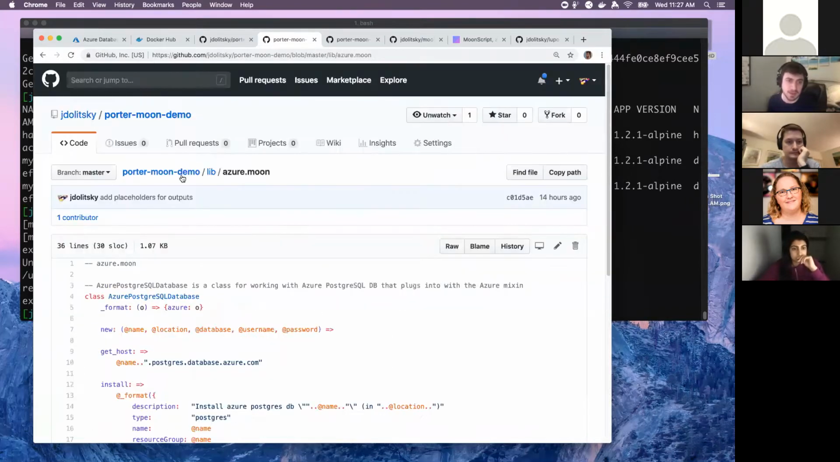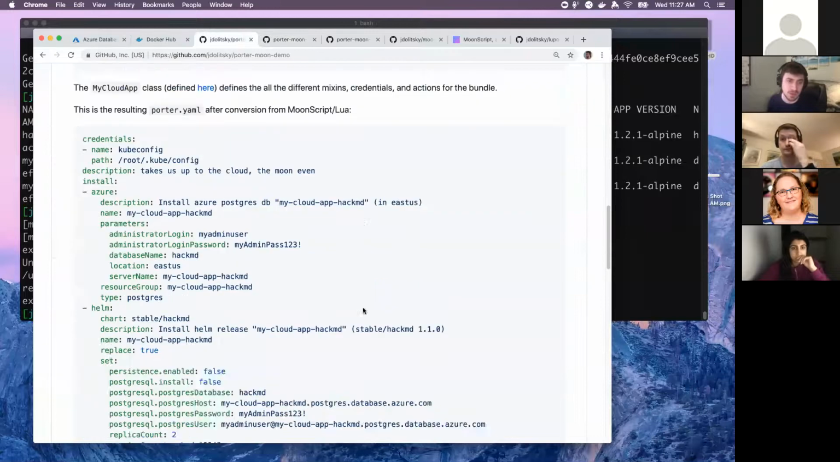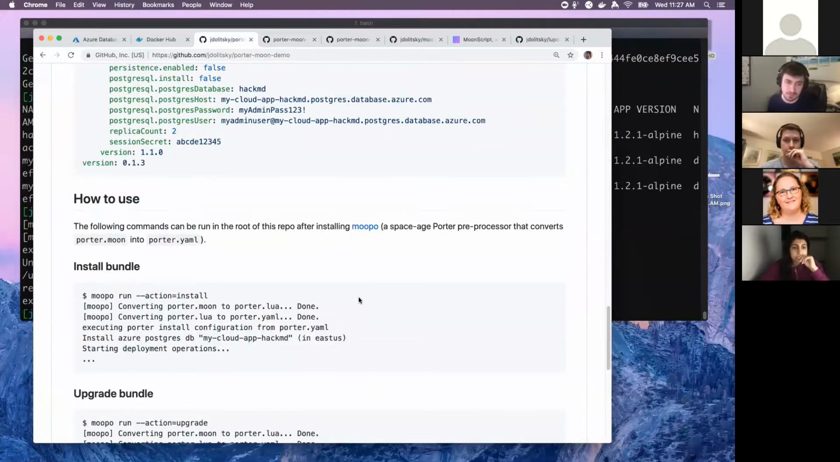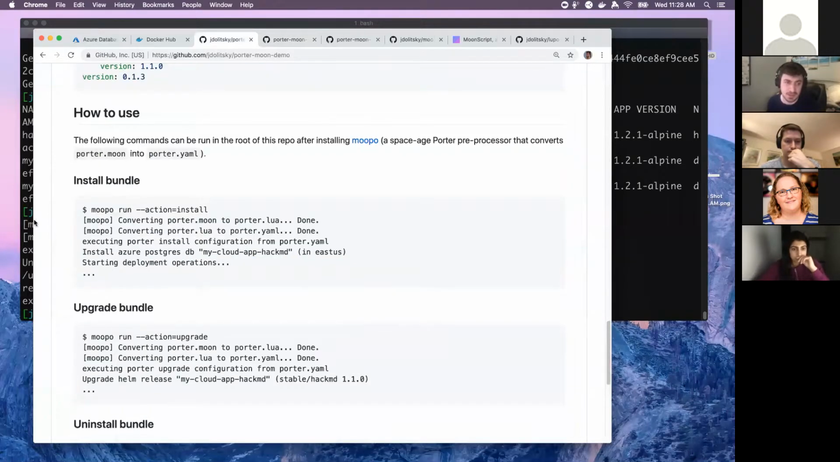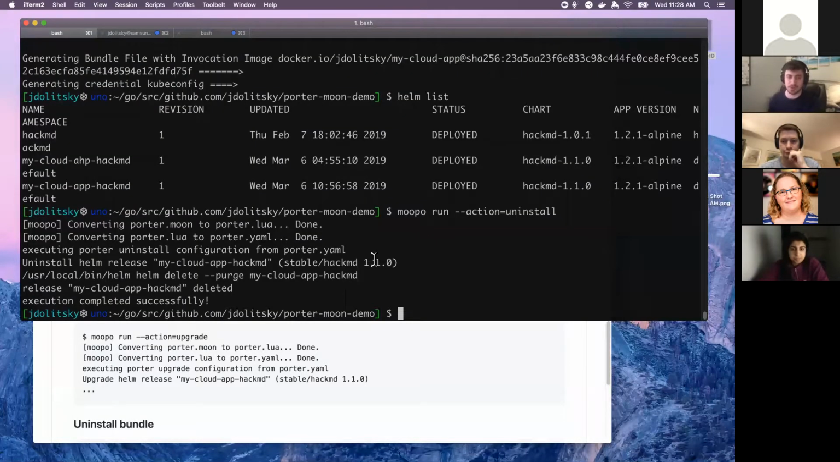But anyway, to run this, you can use the Lupo tool, and all that Lupo really does is convert Porter Moon to Porter YAML. That's all it does, and then it takes the arguments that were passed to it and passes them along to Porter. So what you can do is,